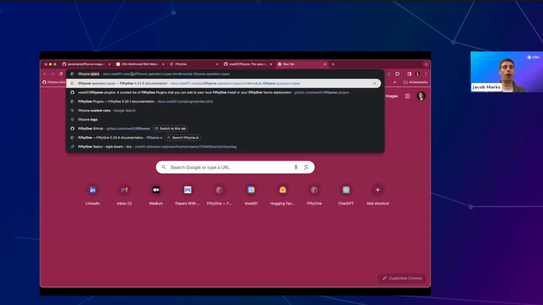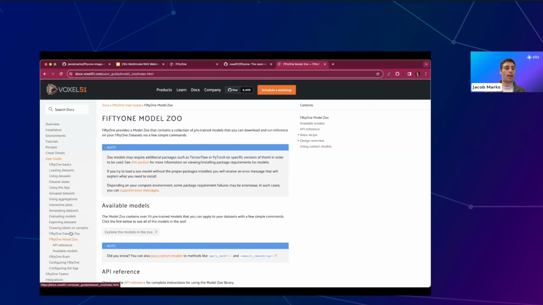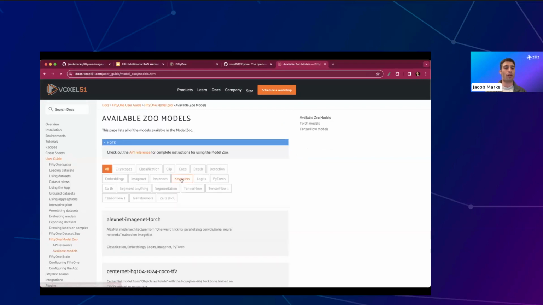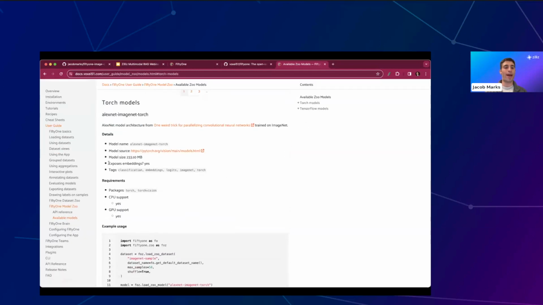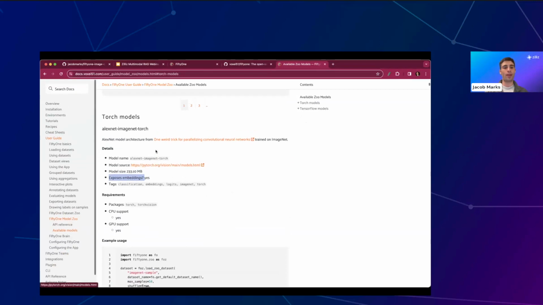If you go to the FiftyOne model zoo, you will see all of these available models over here, and you can look at which models expose embeddings, and whichever models expose embeddings can be used for generating similarity indexes with Milvus if you'd like.